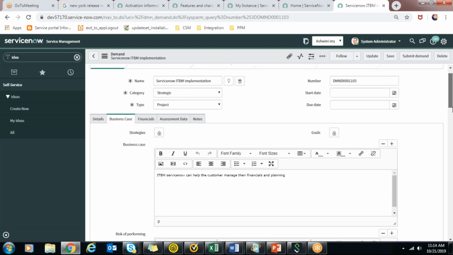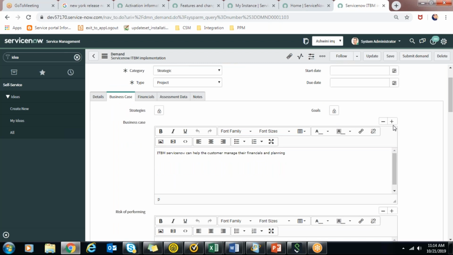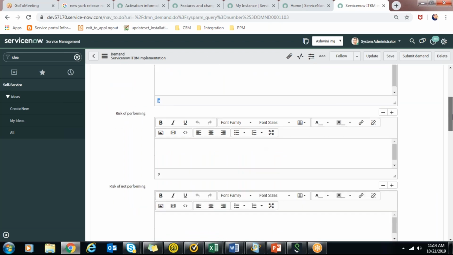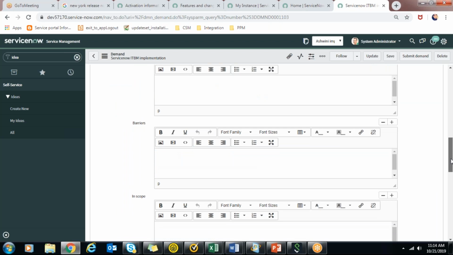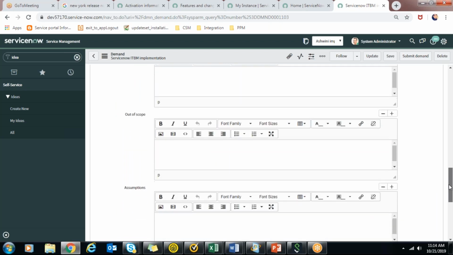So there is strategies and goals. You have to make a clear distinction of what this demand will achieve, and then there is business case, risk of performing, risk of not performing, and enablers, barriers, in scope, out of scope, assumptions.